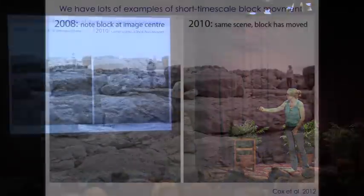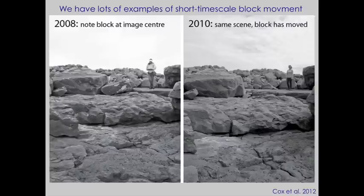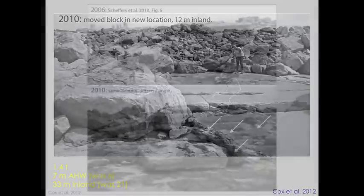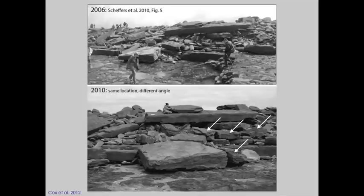A block here in 2008 was gone in 2010, and we found it around the corner, and it had left a nice snail trail to show us where it had gone. Here is a picture that was published in 2000, that was taken in 2006 and published in 2010. I realized I had a picture of the same area and that there were all these boulders in this picture,